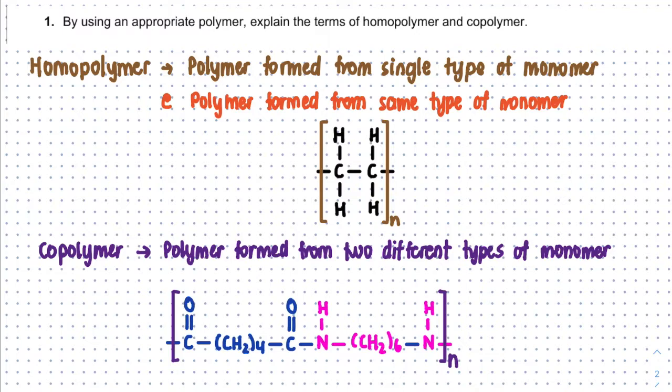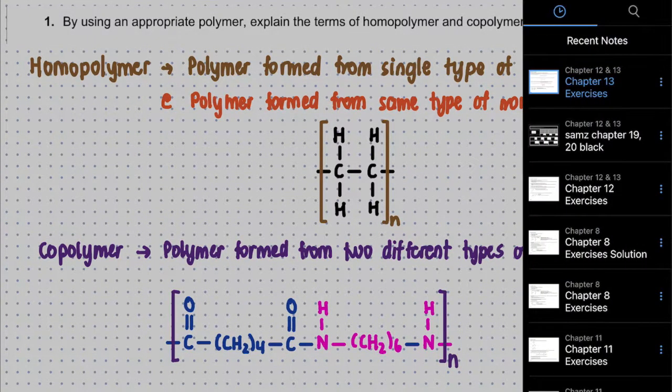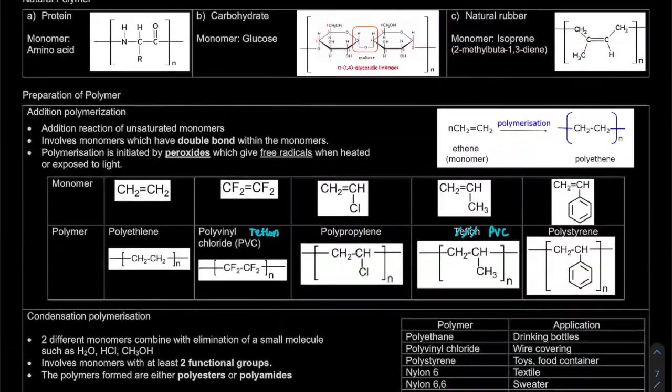Okay, but if you only answer the definition, you will not get the full marks yet, because they ask you by using an appropriate polymer. So for the appropriate polymer, on your notes, this polymer is actually based upon your notes itself. Okay, so let's look for the homopolymer. Usually this is the one where we will see the addition polymerization. Okay, so from here, for the example, Miss uses the monomer ethene. Okay, so it's the same one, the same